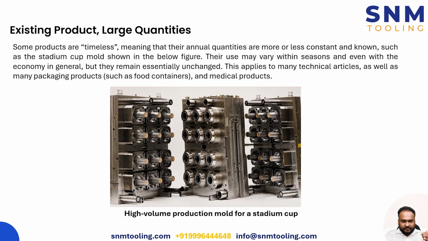And again, one solid example is your stadium cup, and then we also have examples like food containers and packaging containers. And then we have some medical devices, right? Like vials, petri dishes, slides. So for example, during the COVID season, the demand peaked for some medical devices, right? That can depend on the circumstances, but that doesn't mean that they will never be used, right? So the demand can surge or the demand can correct, but at the same time, it has to be there